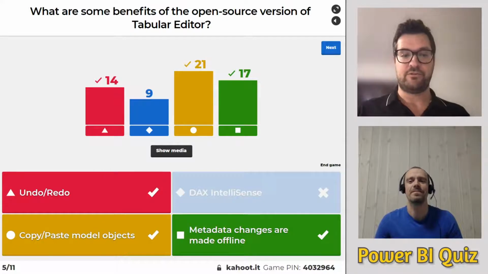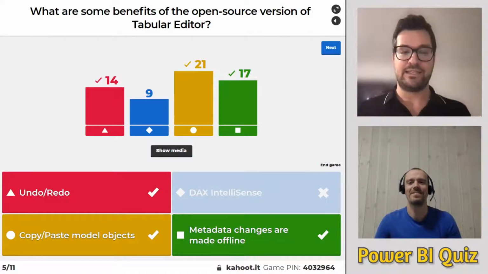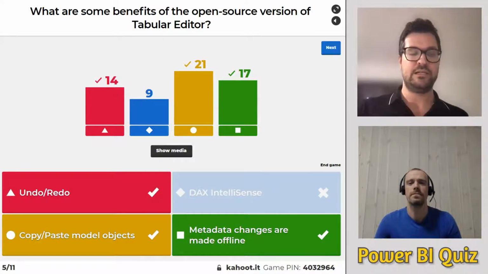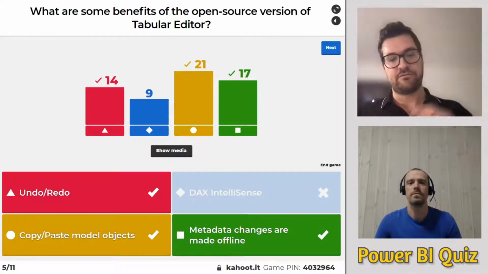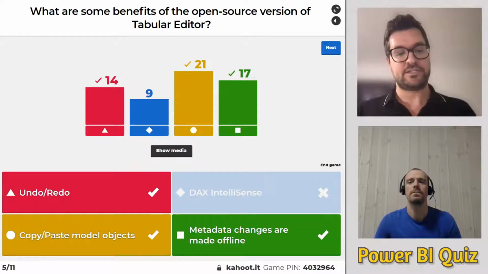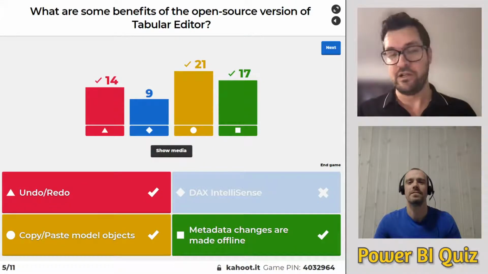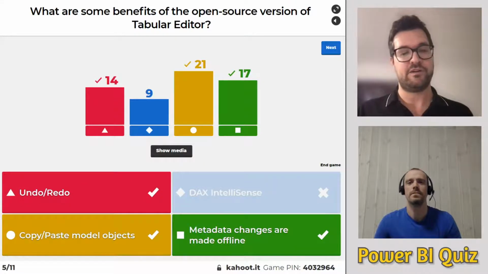But I must admit that DAX IntelliSense is actually one of the things that people have been asking for, if not the most, then at least one of the top 3 or 4 things that people want to see in Tabular Editor. But unfortunately, it's not something that is very trivial to implement, and so far it has not been possible to make it into the open source